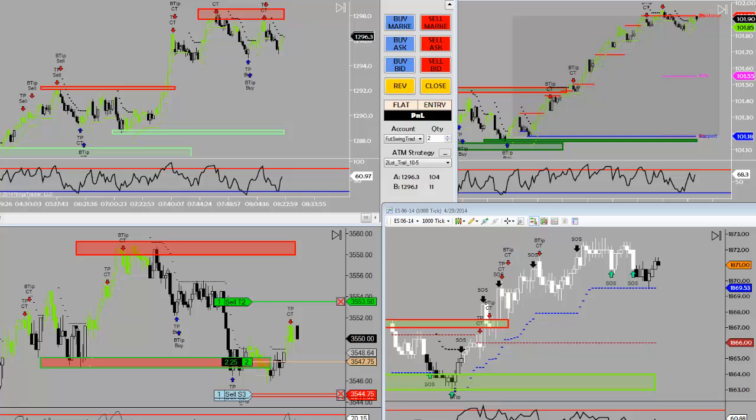Okay, gang, let's get rolling here. Let's go take a look at some higher time frame analysis. And to do that, we'll go to a 240 or a daily chart. Let me go grab